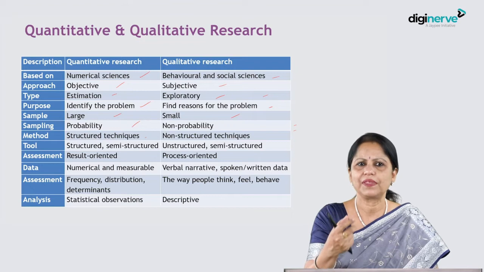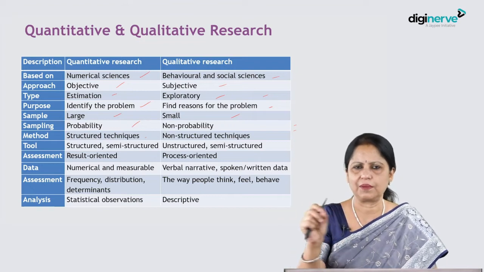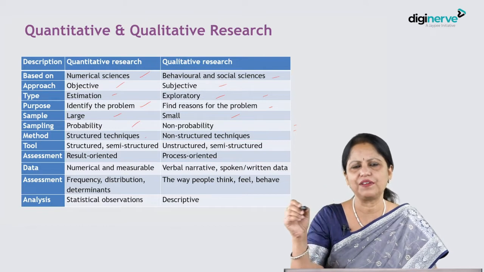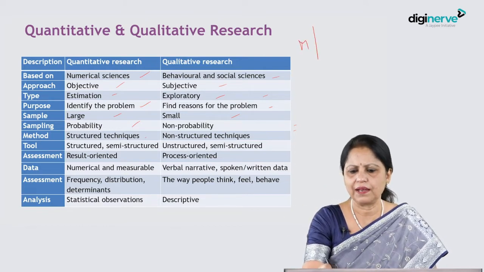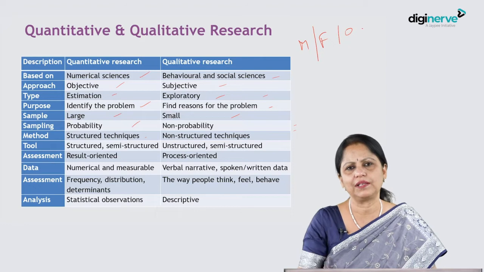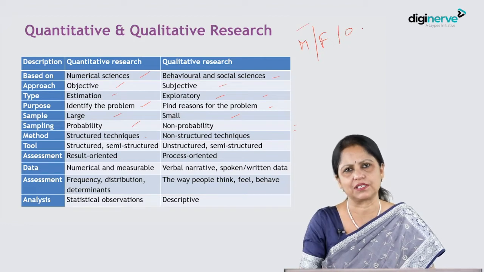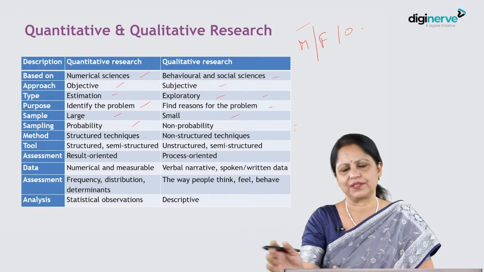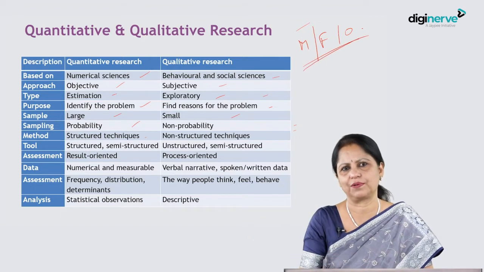Like, the name is open-ended; the name has to be written. Then we can write the gender. We can just write male, female, others. So while collecting the data, it can just be ticked. So all options are there. There is no response beyond this. So this is a structured type of question.